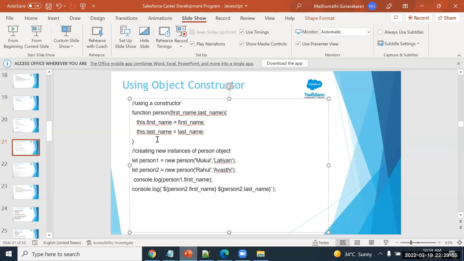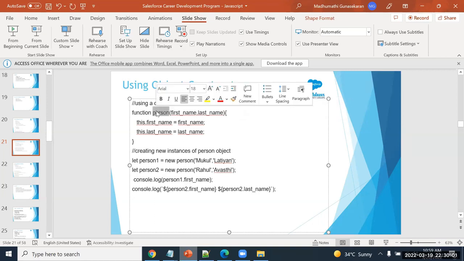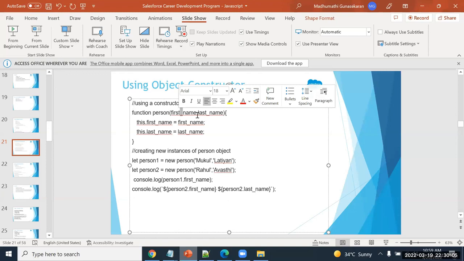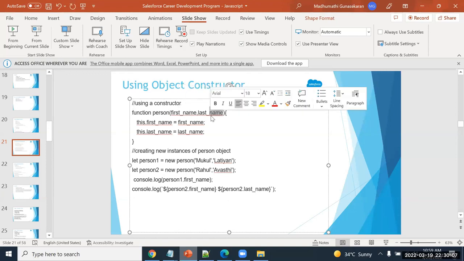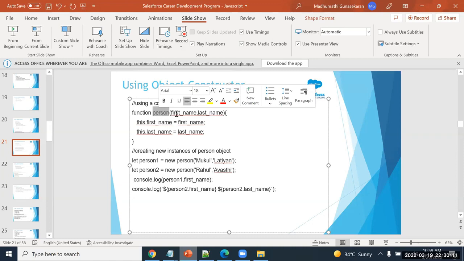So we are assigning. This is the object's variable and this is the argument. When we create a person object, we pass some values, right? This will have the dynamic or runtime data from the user. The user can create multiple person objects and they will mention the first name and last name. So that will be assigned to the person's